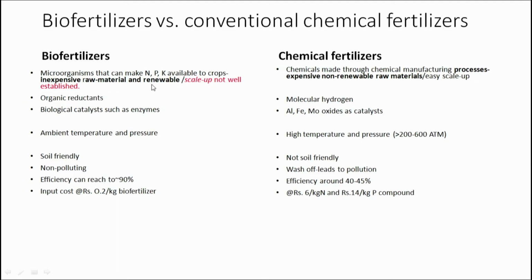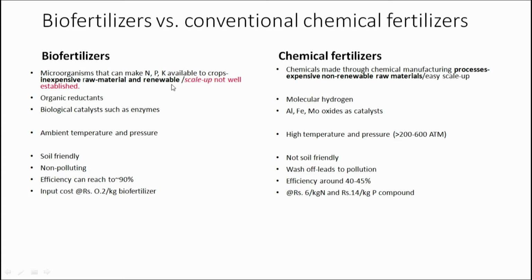And when we say renewable, that means the kind of raw material, the kind of sugar, the kind of medium which you are going to be using for cultivation of these bacteria is very inexpensive. It is a sugar solution, or it has some kind of trace elements, some kind of nutrients. So, that is what we mean by renewable. That is, the medium on which these bacteria can be cultivated is readily available, and it is renewable in nature.